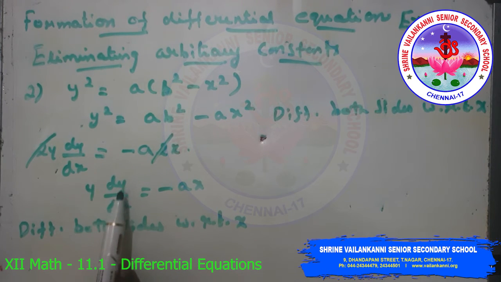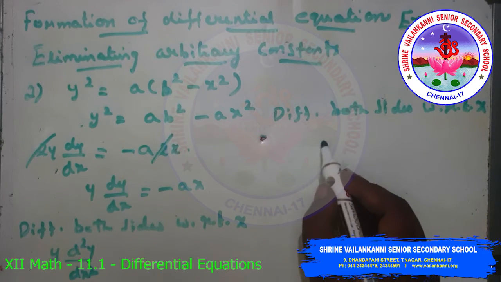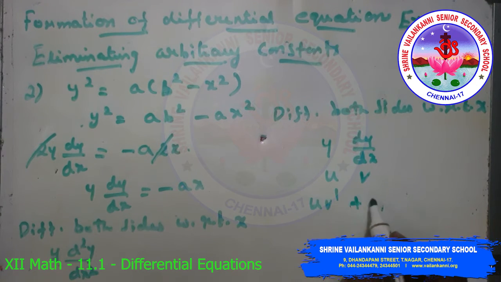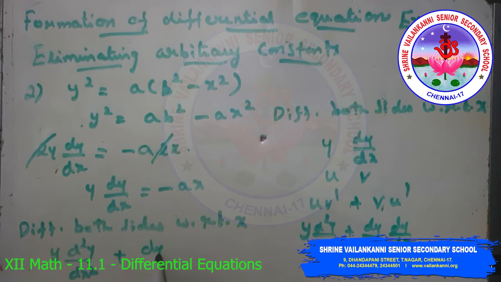Here we have y into dy by dx, so using the product rule, u into v dash plus v into u dash. Y into differentiating dy by dx, we get d square y by dx square, plus v is dy by dx, and differentiating y, we get again dy by dx. So y into d square y by dx square plus dy by dx whole square, which is equal to minus